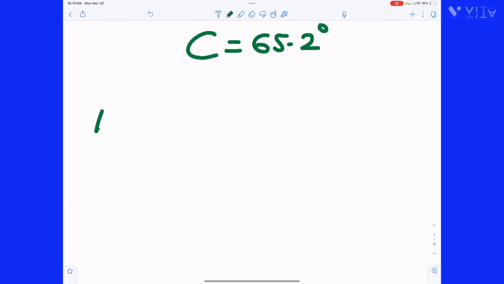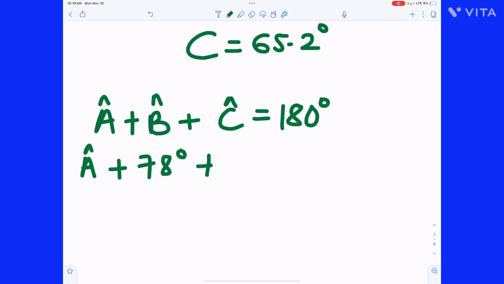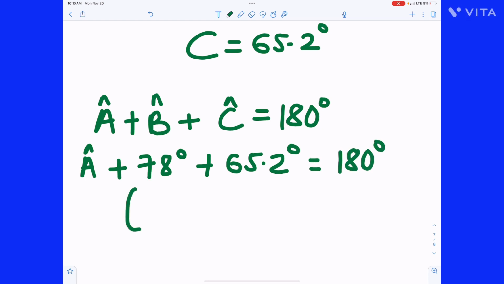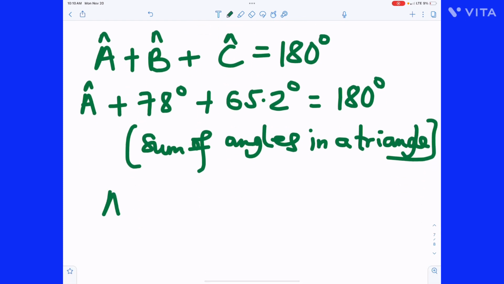Angle A plus angle B plus angle C is what? 180 degrees. Angle A is the one we are looking for. Angle B is 78 degrees and angle C is 65.2 degrees. Everything adds up to 180. Sum of angles in a triangle. So angle A plus